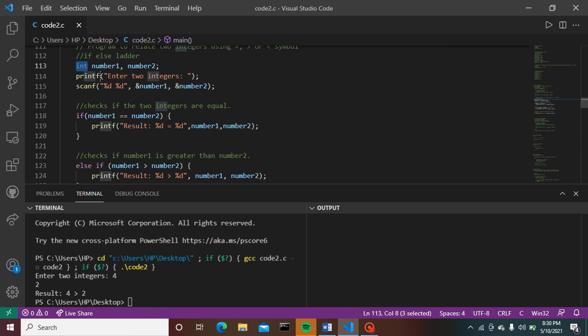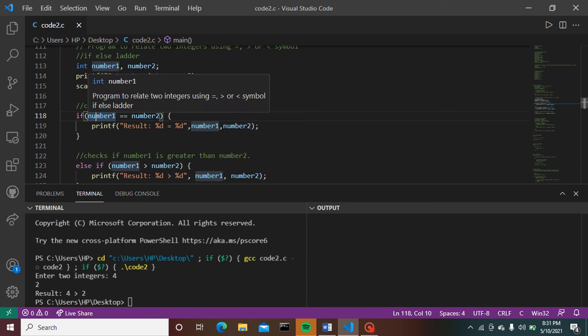Here we are provided with variables number 1 and number 2 of integer type declaration, and we have a printf statement, enter two integers, that is printed as the same here, and we have given the readings for the memory locations of number 1 and number 2, to be entered by the user itself. So we write 4 and 2 respectively. Here we check what we have entered: number 1 is 4 and number 2 is 2.